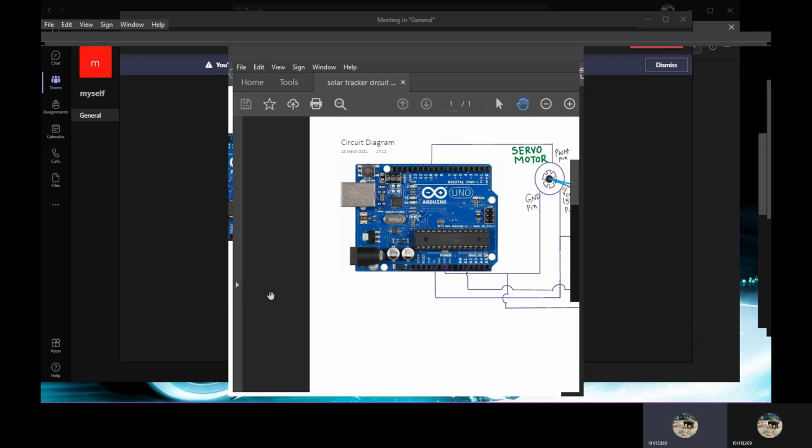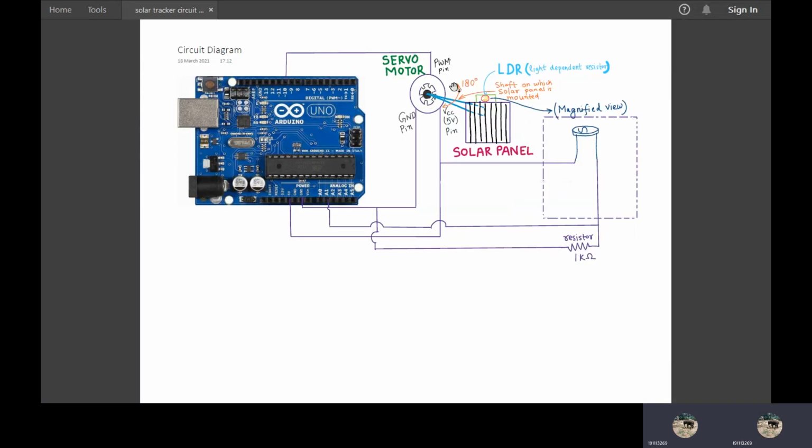As you can see, this is my Arduino Uno board, and the 5-volt pin of Arduino Uno is connected with the VCC pin of the servo motor, and the ground pin is also connected with the servo motor ground pin,